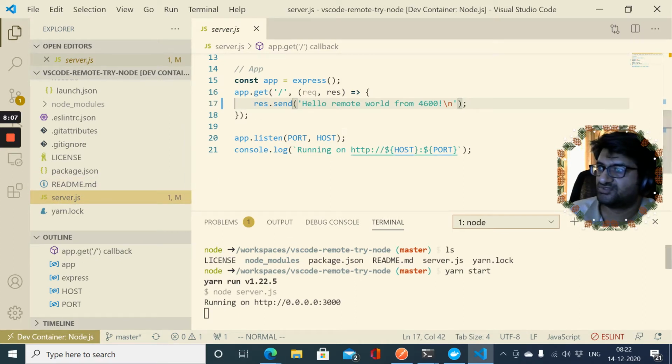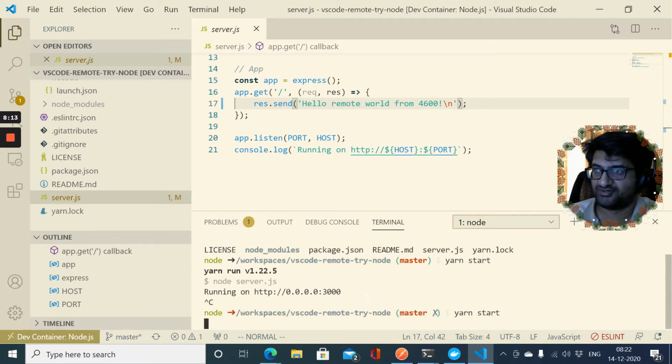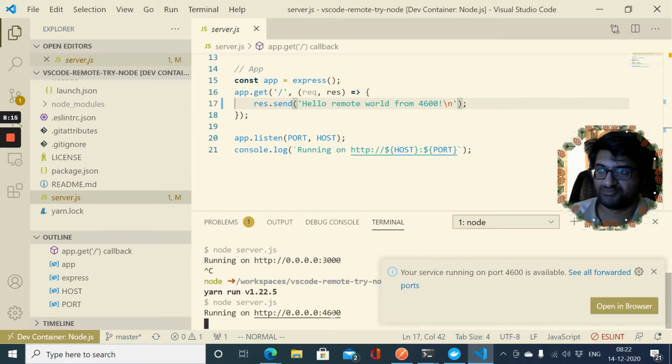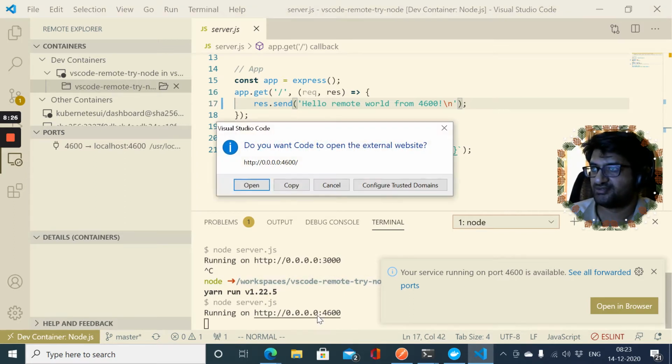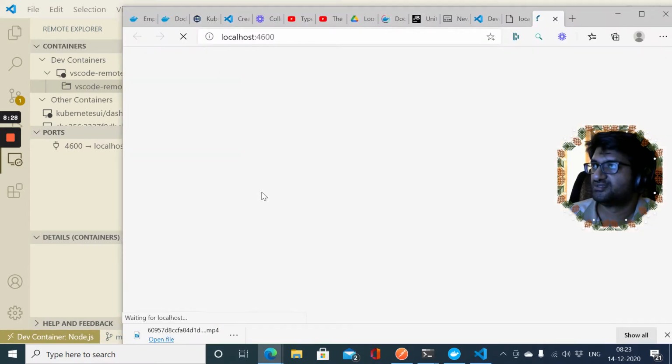Okay, so this should automatically update. If you were to rerun this, it should run on the other port. So you can check here now that it's automatically running on the other port. This is within the container image that you have set up for your development environment. And when you click on this, it takes you to your updated code. So this is pretty awesome, right?